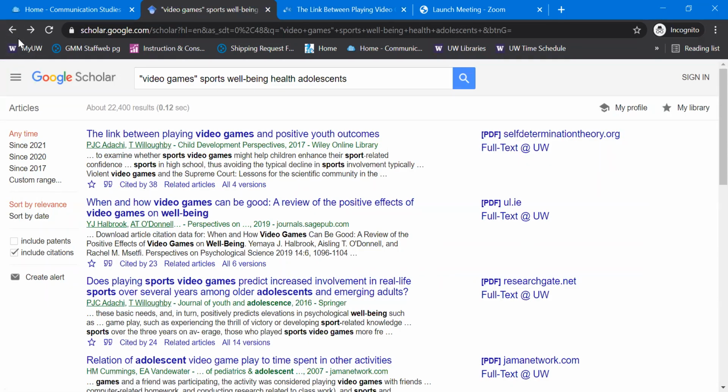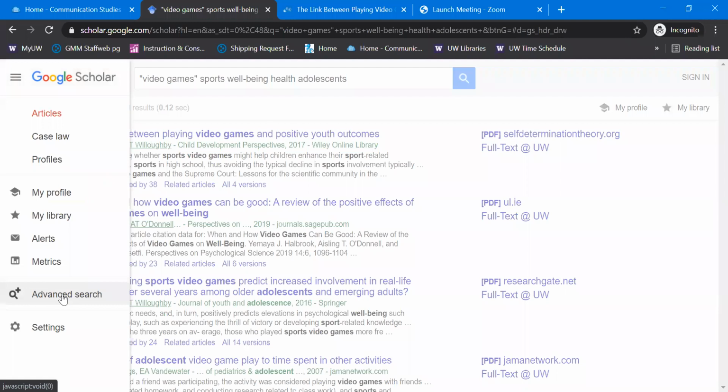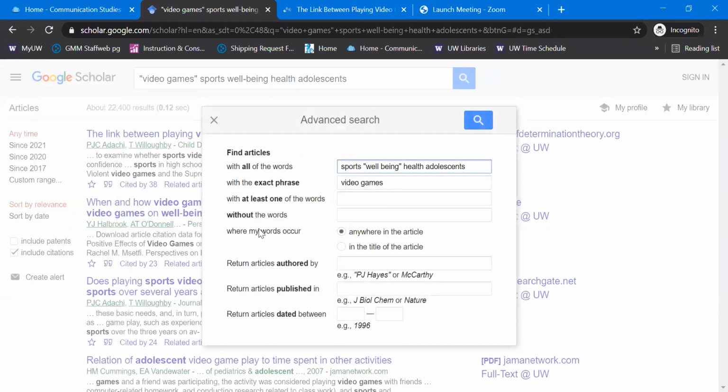Google Scholar has fewer ways to focus your search than library databases offer. It relies on the search terms that you enter into the search box, and it does allow you to narrow your search results to the dates of publication. Hidden up here back under the three little bars in the top left corner is an option for an advanced search. So we can click on advanced search and see that the text here